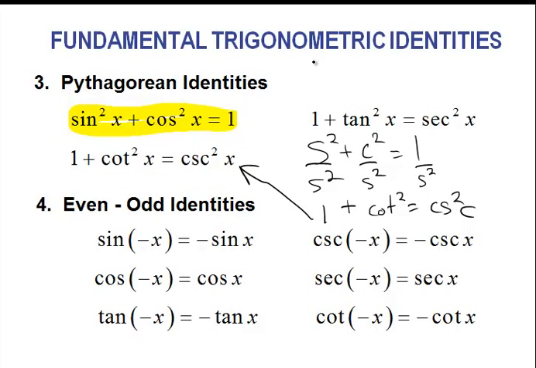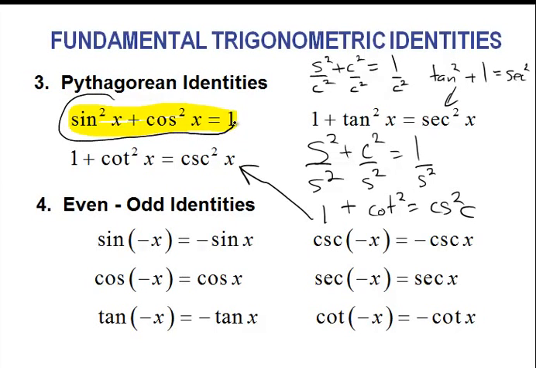Look what happens if you start with sine squared plus cosine squared equals 1 and divide everything by cosine squared. Now you get sine squared over cosine squared, which is tangent squared, plus 1, equals 1 over cosine squared, which is secant squared. That one. So both of those just derive from the granddaddy, sine squared plus cosine squared equals 1, which is